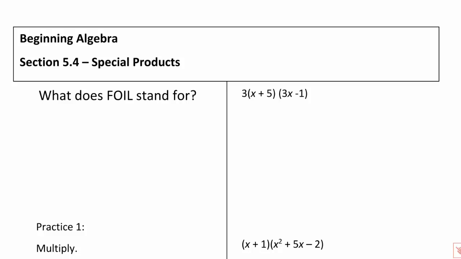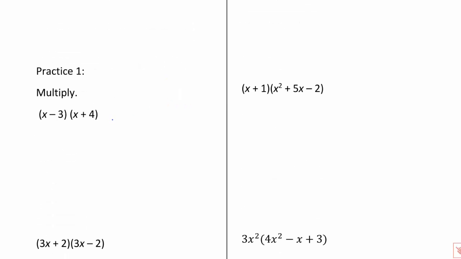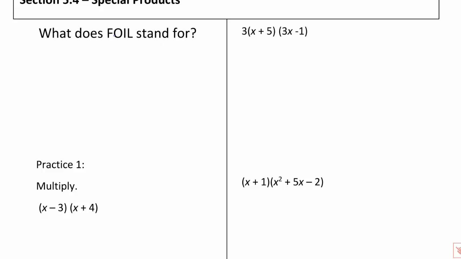Okay, let's look at Chapter 5 Section 4, Special Products. What does FOIL stand for? Well, FOIL stands for first, outer, inner, and last. Now, this is one way that you can remember how to do the multiplication, but I don't really like it very much because